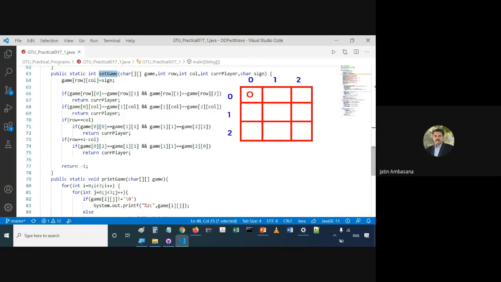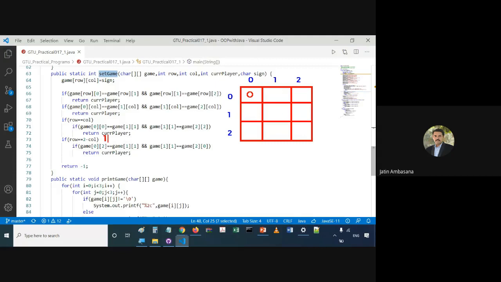Suppose we have row number as 1, right? And column number is also 1, right? So it will be 1 equal to 2 minus 1, this is 1, right? Sorry.